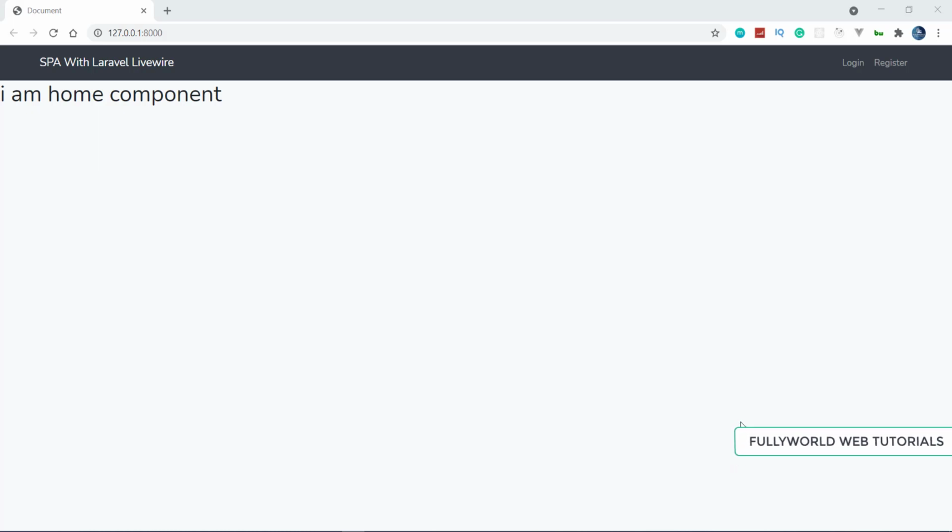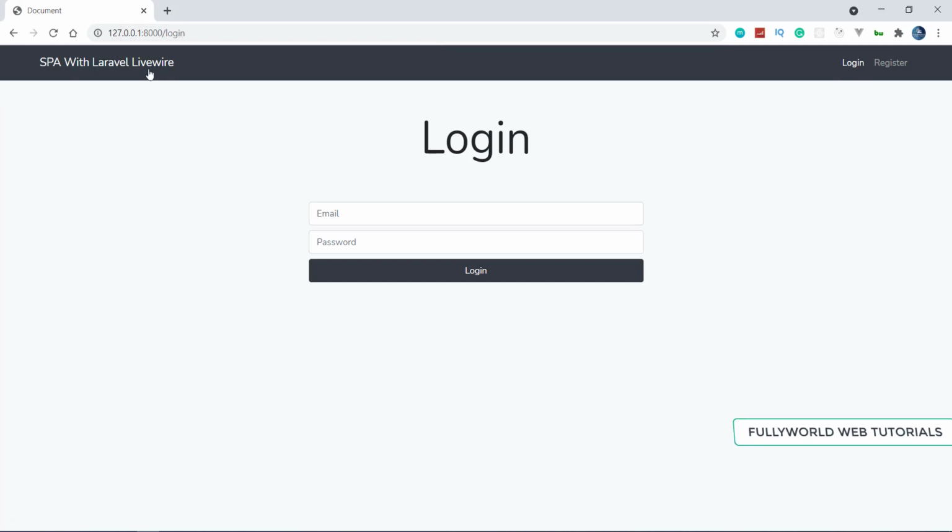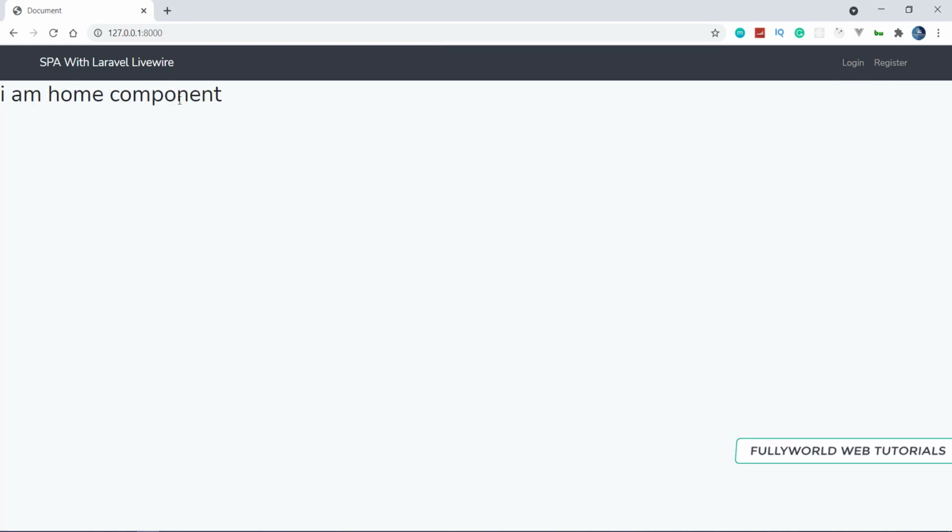Now only one thing is pending in the login system, that is restriction to the components, to the routes if the user is not logged in, and restrictions to the login and register routes if the user is logged in. To handle those, we have to create two groups of routes. The first route group will be for login and register, and the second will be for other components, like the contact book in the home components.